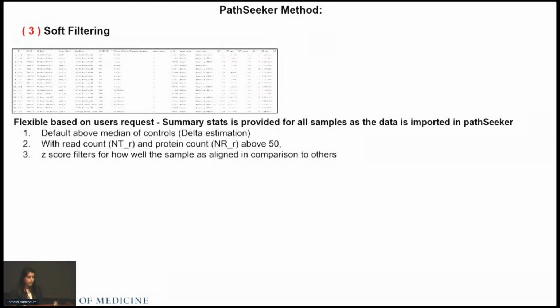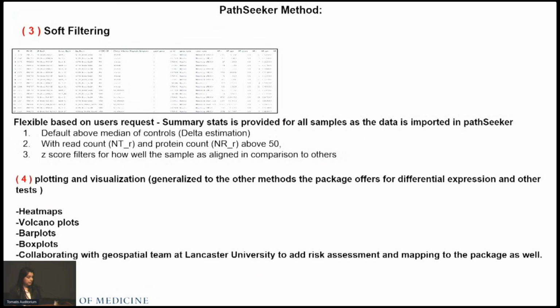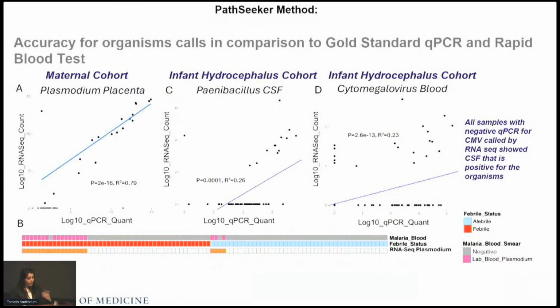And after that, you could do soft filtering, followed by, the package has a lot of plotting, heat map and visualization tools. We have looked at various data sets, and we also have gold standards, which are qPCR, and for different types of organisms, it seems to work really well. For example, for Plasmodium, we've checked both qPCR and rapid blood tests, and it matches really well, for bacterial organisms as well, or these could be prior contaminants that it does not pick up, and also for viral